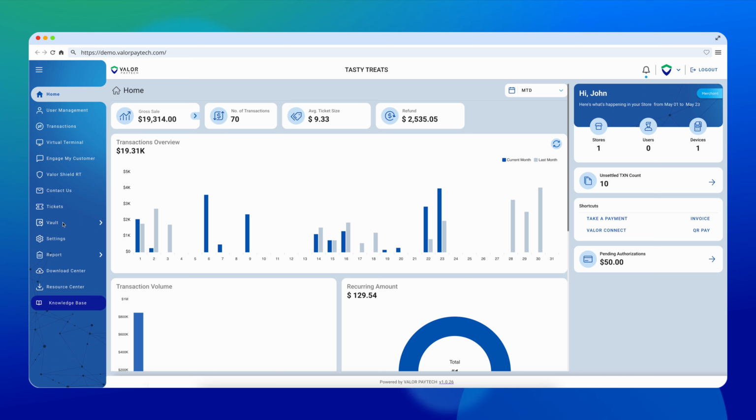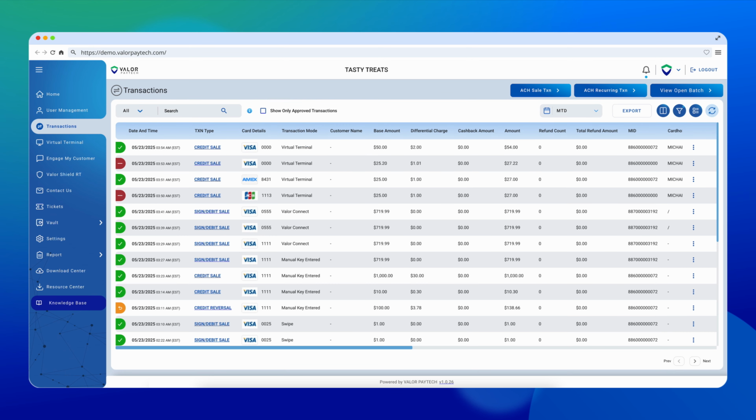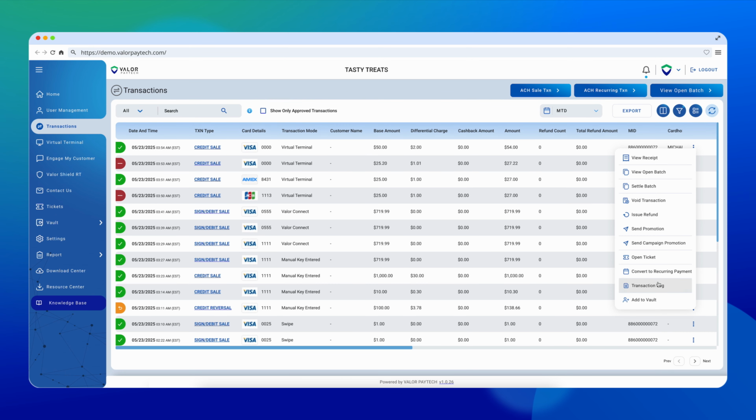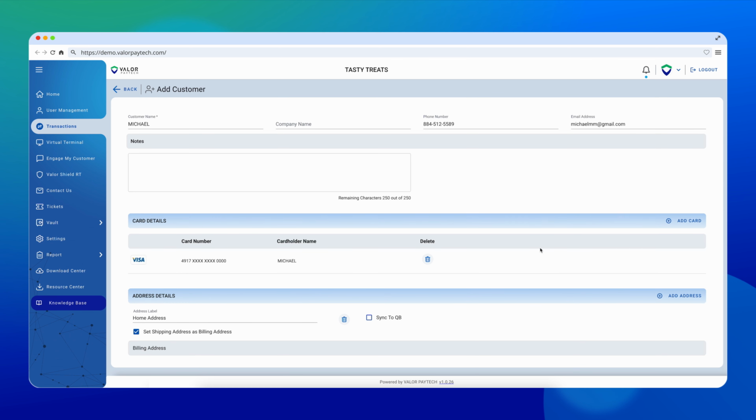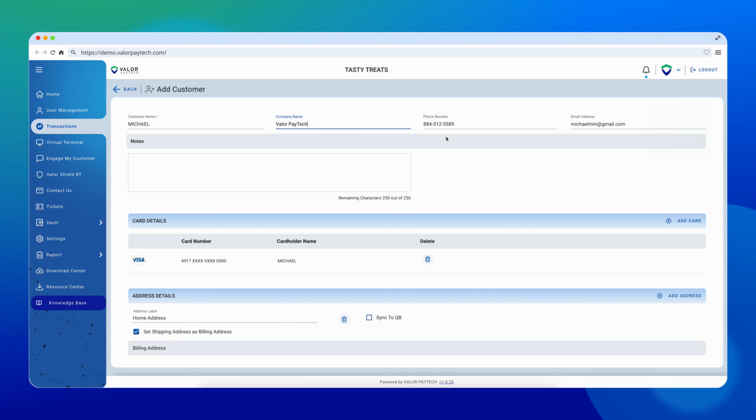There are several ways to add cards to the vault. One way is through the transaction module. After running a new transaction, if the card isn't already in the vault, you'll see an Add to Vault option below the transaction screen. This lets you save the card information, customer name, company name, phone number, email address, and